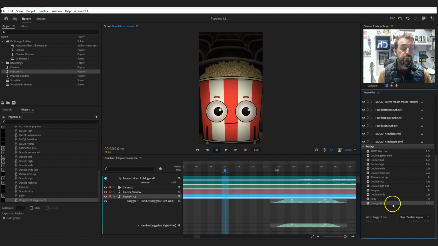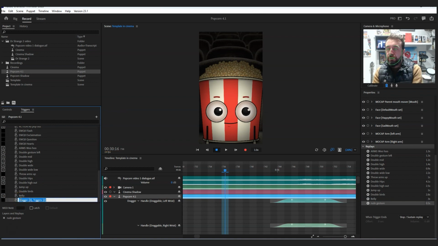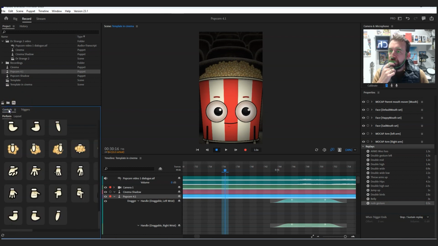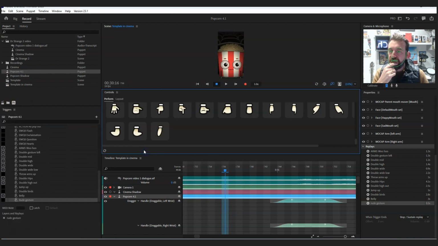If I want to turn that into a trigger, what I've got to do is that actually you'll see over in the trigger panel here, it's appeared. So let's rename that one to rude gesture. And then if we find the control panel, again I'm going to have to pull this over here so we can do it. I'm going to drag this and I'm going to pop it there. Now it doesn't have an icon, but if I click on it,